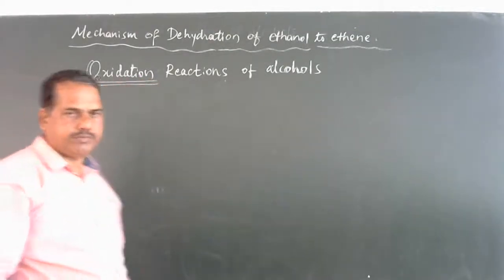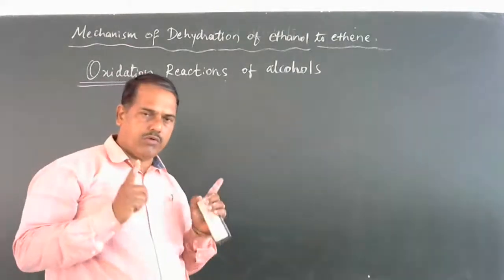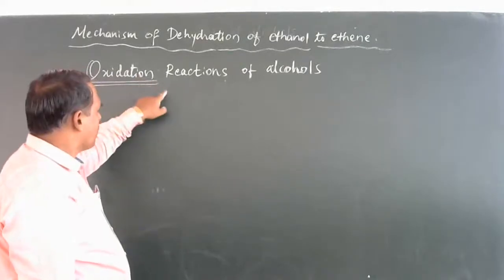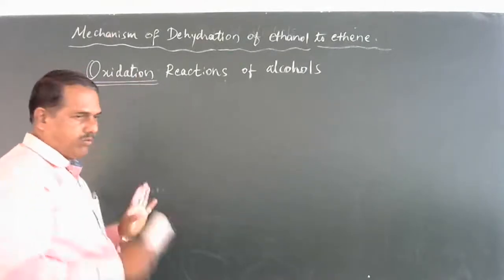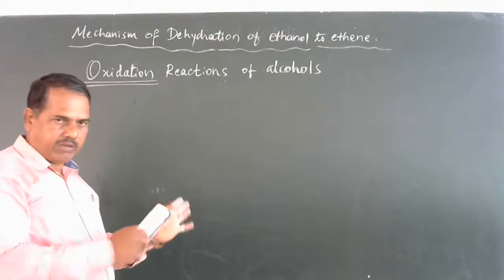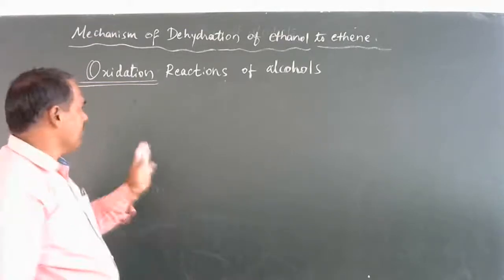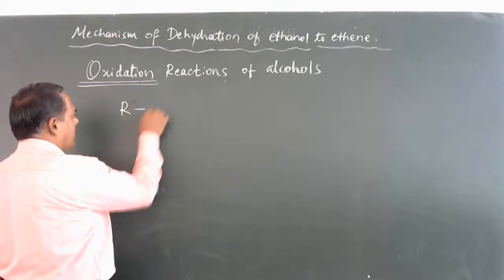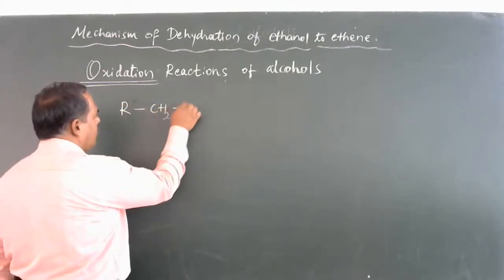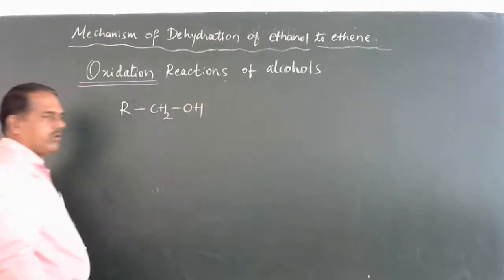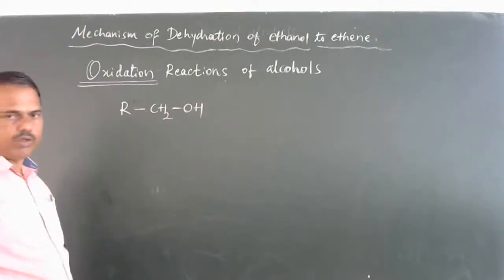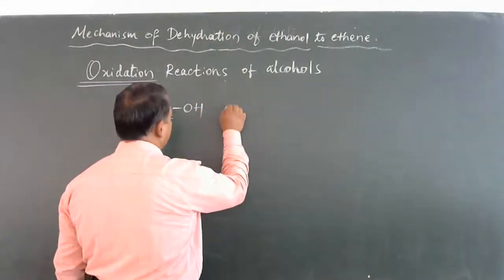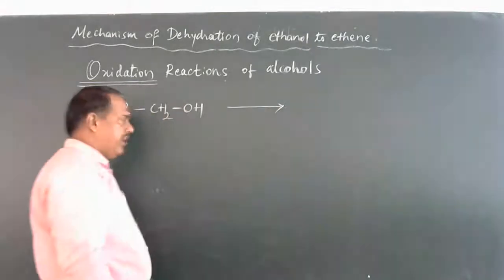Are you clear? Dear students, you have to remember, in oxidation, the oxygen-hydrogen and carbon-hydrogen bonds break, and the hydrogen atoms are eliminated as dihydrogen, therefore it is called dehydrogenation. See, alcohol R-CH2OH reacts in the presence of an oxidizing agent,